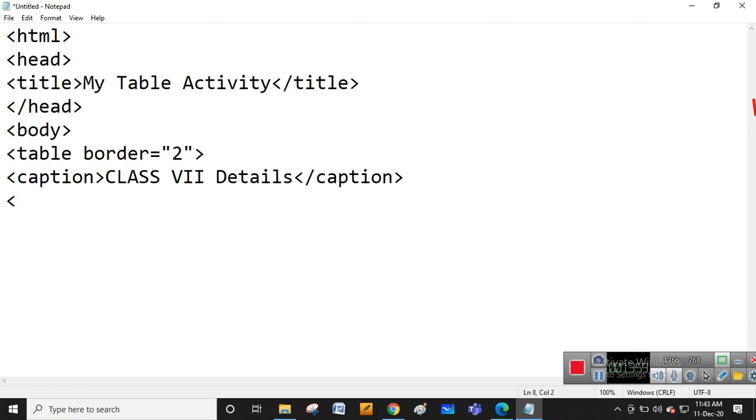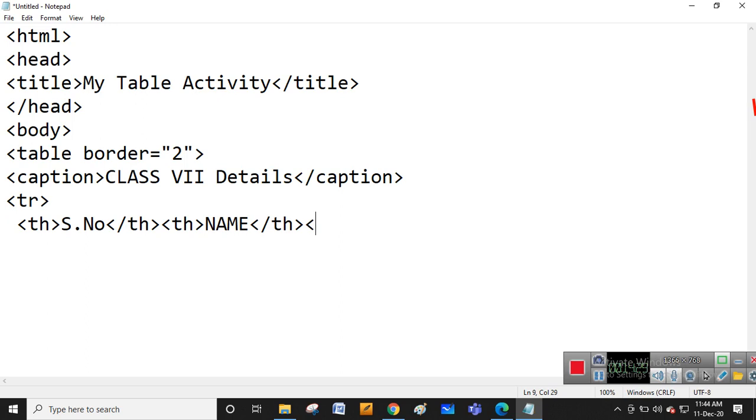Now I open the tr. I open it for the first row. Inside it I am using the table heading for the first column. So serial number, I am using the serial number. Closing the table heading part, and again I am using the th for name. Close the th. The heading part is done, first row cells I am entering.